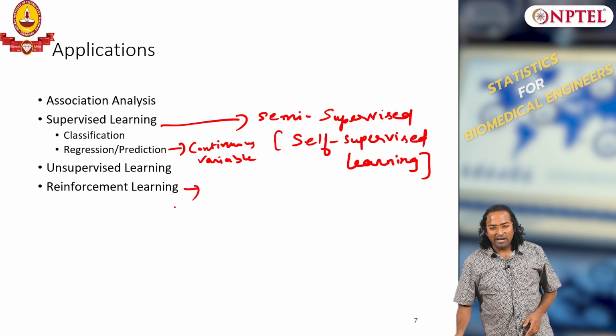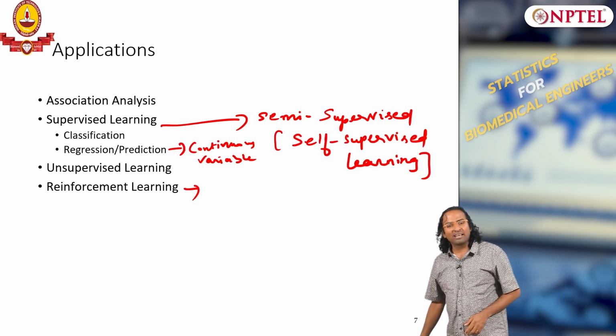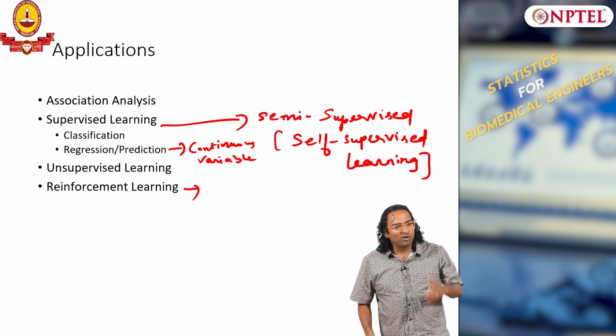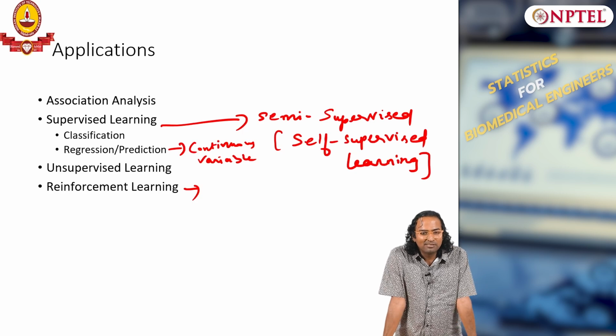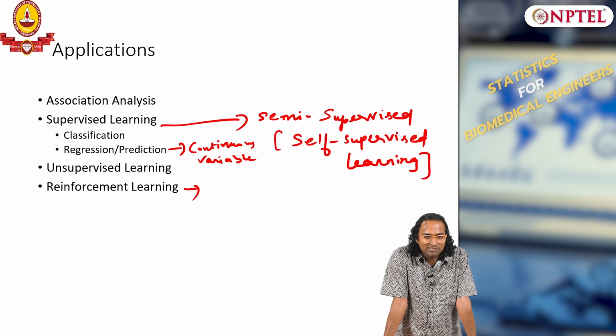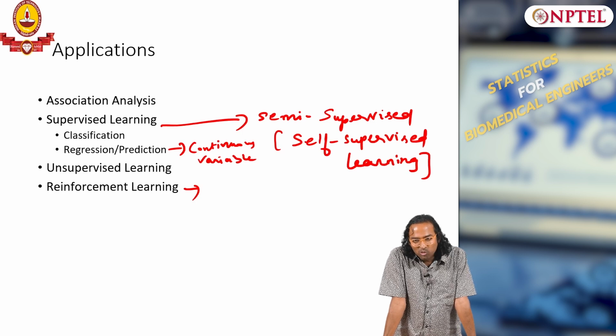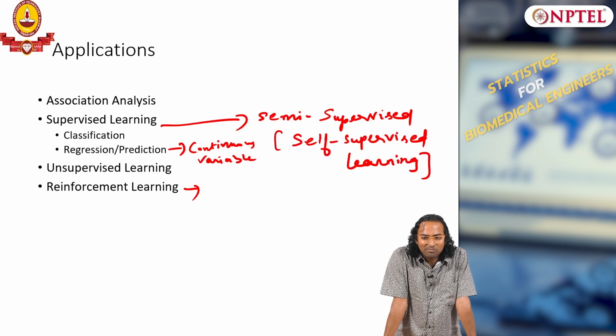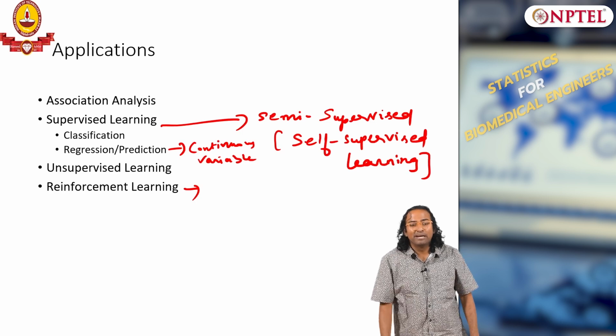If you have played games, how do you think you build strategies, how do you think a computer plays against you? Today if you play chess against computers, is it easy to win? At level 1 it is easy. Suppose I put it at level 10, it can even give competition to Vishwanath Anand and others. In fact, in the early 2000s I guess, Garry Kasparov lost to Deep Blue, which is a machine learning algorithm based on reinforcement, building strategies.